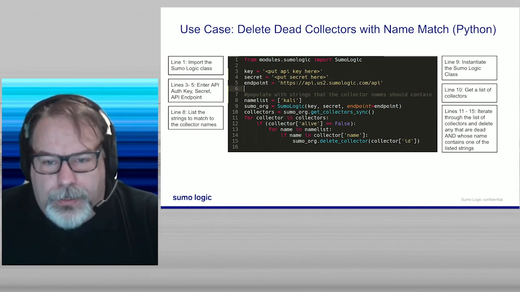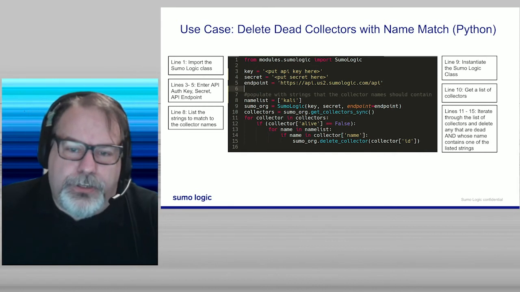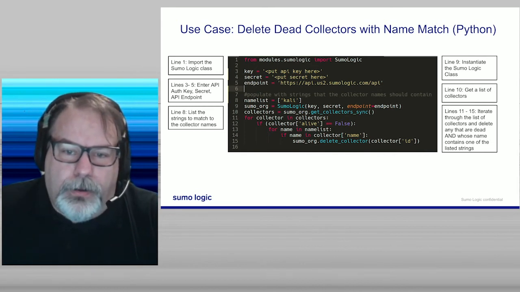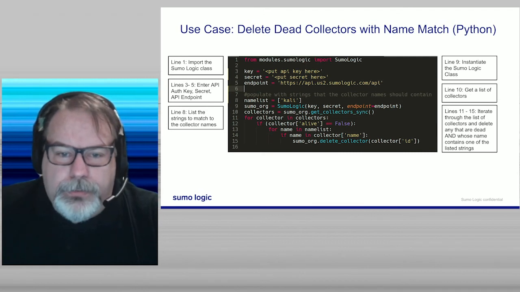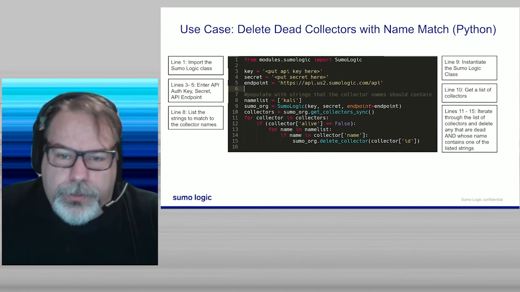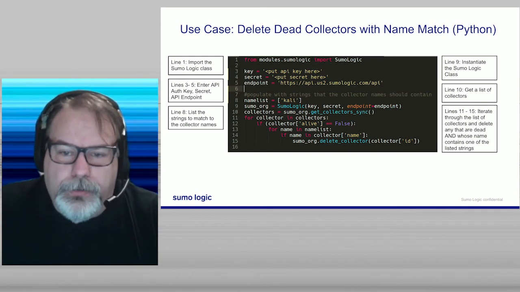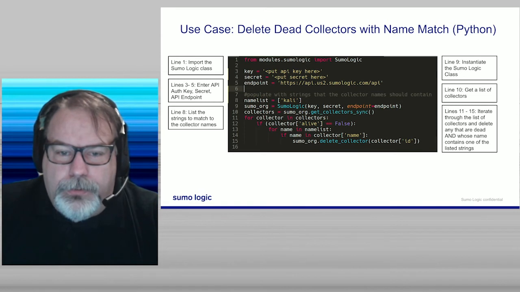And then we're going to, again, instantiate the Sumo Logic object with your key, secret, and endpoint in number 9. We're going to get a list of collectors from the org. And I just want to mention here, we're using that instantiated object, sumo_org, to do a